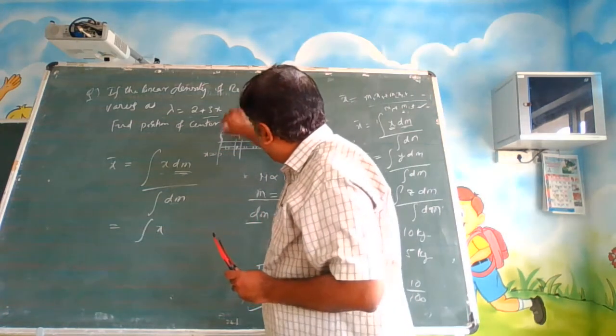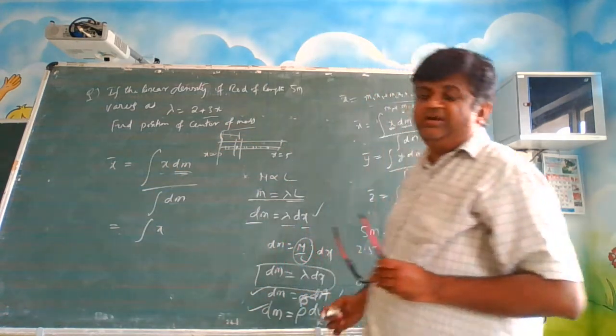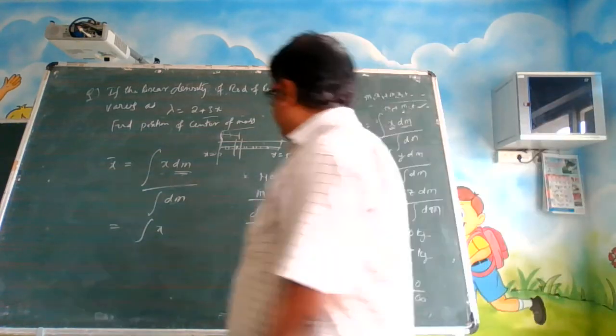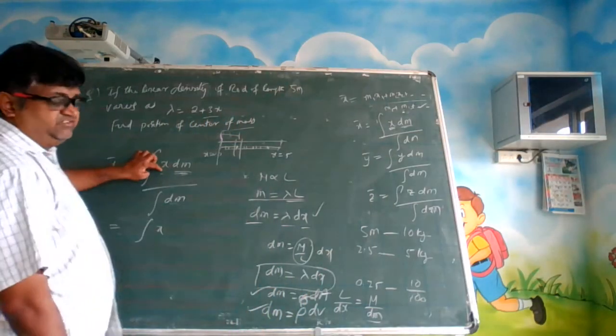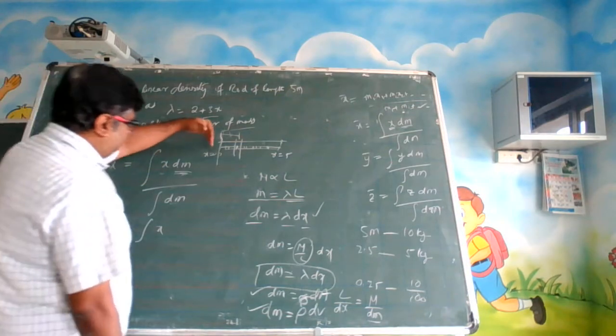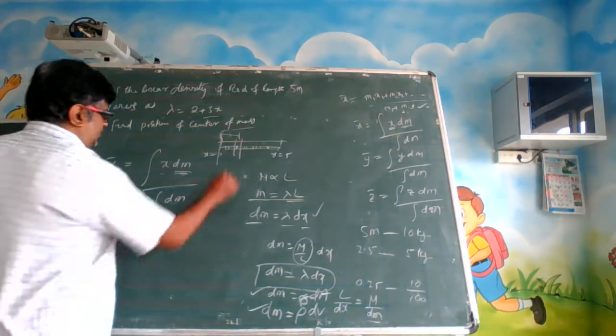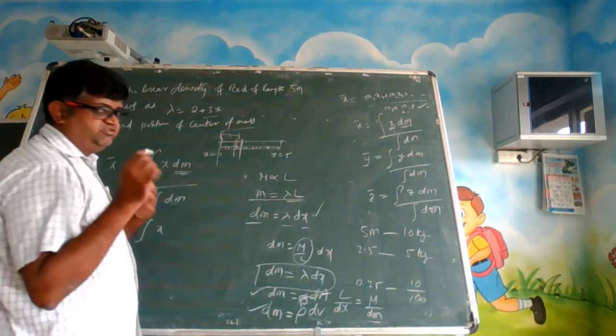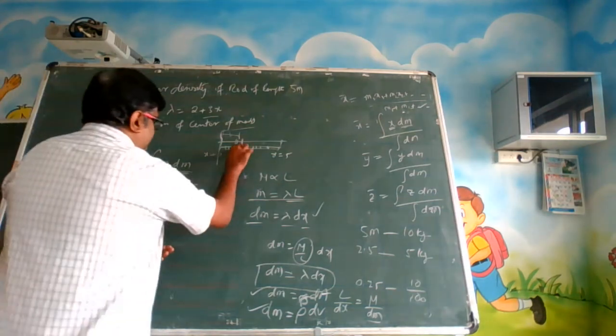So we can directly write x here. Listen again. This x is the center of mass location. So I am taking the reference line like this. So this is my element. Will this element have some center of mass? It is here. So what is that? It is x only, no?